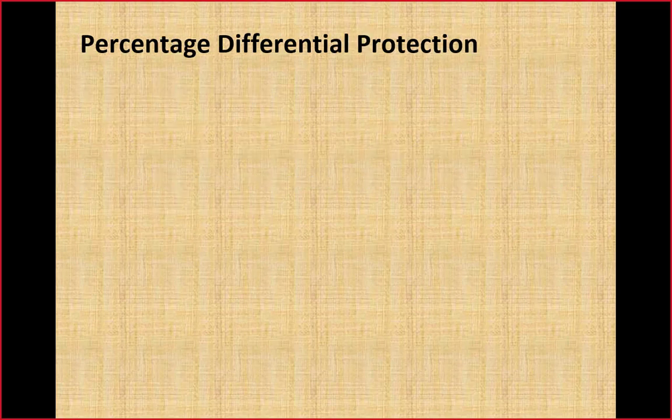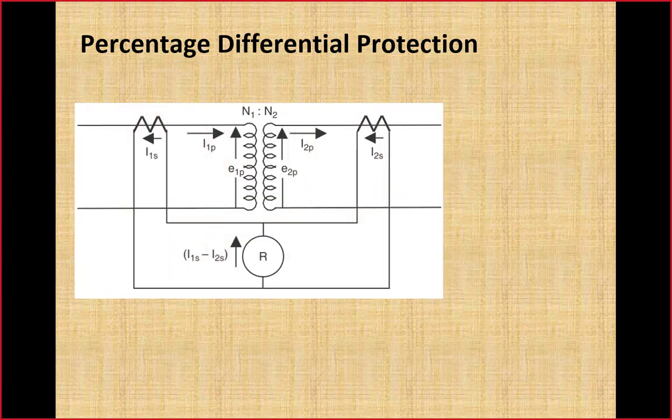Next we discuss the differential relay. Although the title of this article is percentage differential, here we establish the concept of why we cannot use overcurrent differential for transformer, and then we discuss how we apply percentage differential with the help of an example. Here is a single phase transformer, just for the purpose of elaboration. How do we apply differential protection to that transformer?